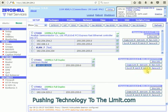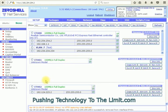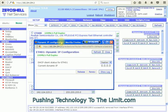I'm just going to remove the IP address. And so just say you only have 1 modem and this one's not even running, it would say no link if I had nothing there. So that one's down. I can go to DHCP or Dynamic, which basically is DHCP. Let me drag that thing over here. Okay, so it says DHCP client status disabled. If I enable it like that,